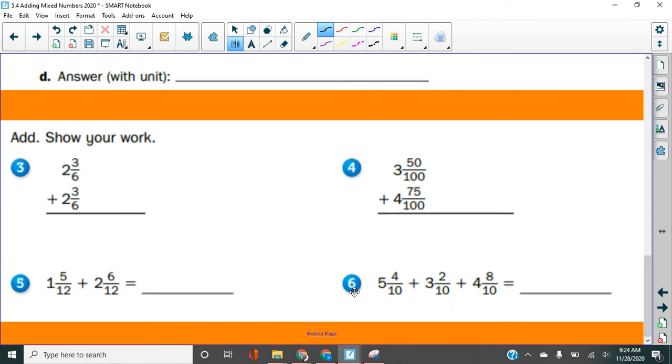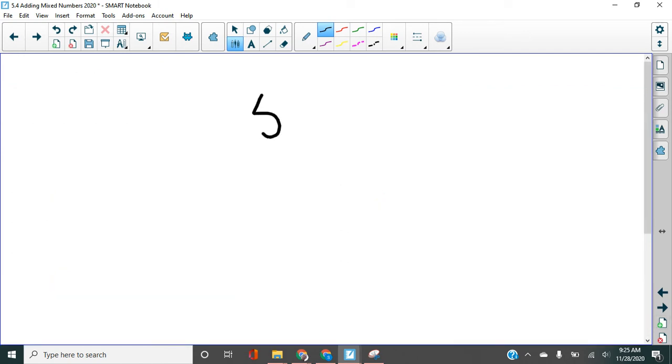That looks fun, right? So we have 5 and 4/10 plus 3 and 2/10 plus 4 and 8/10. Now, I am not going to do this sideways. Okay. When you do things sideways, you can get them right about half of the time. And half of the time in math is not really very good. So we want to get them right much more than that. So I'm going to stack these on top of each other. 5 and 4/10. Let's see if I can remember them. 5 and 4/10